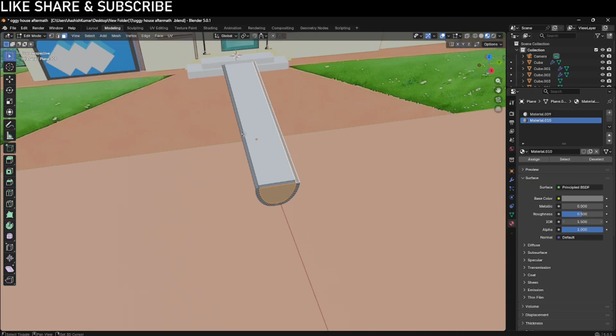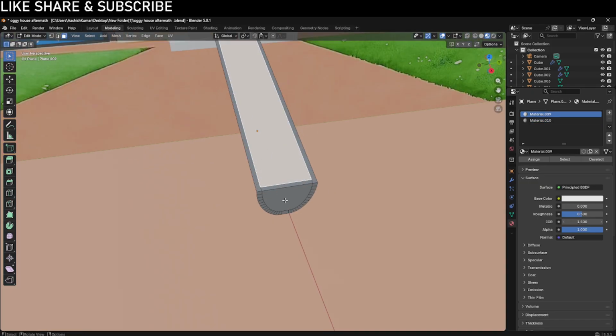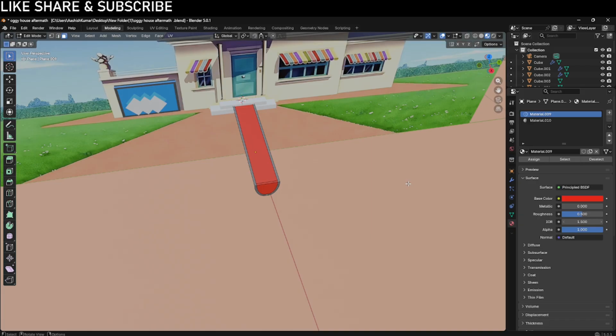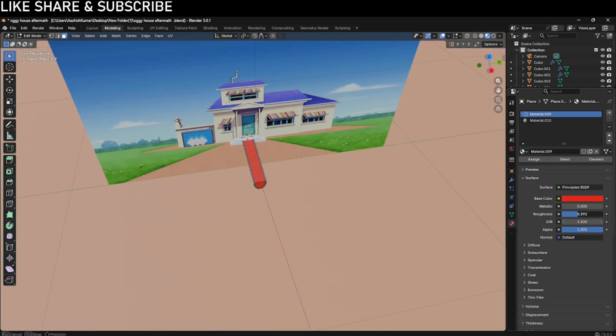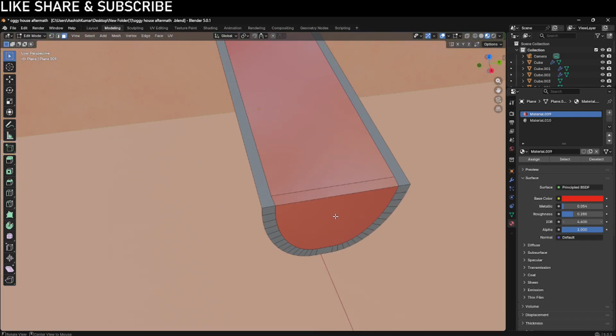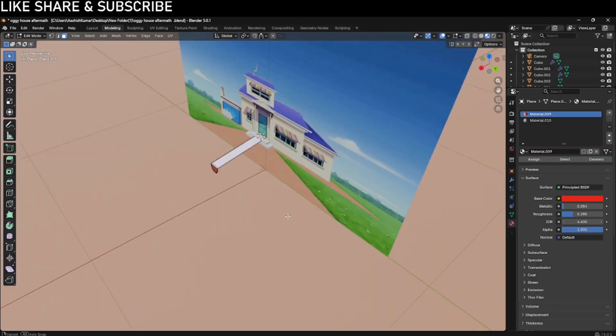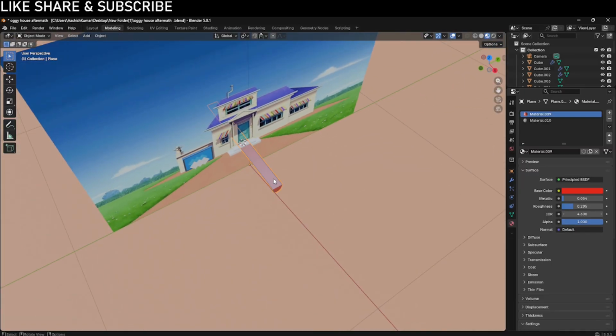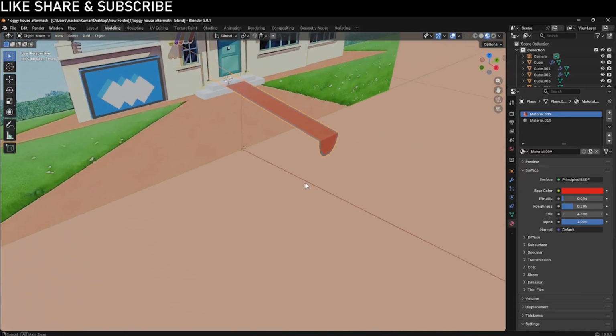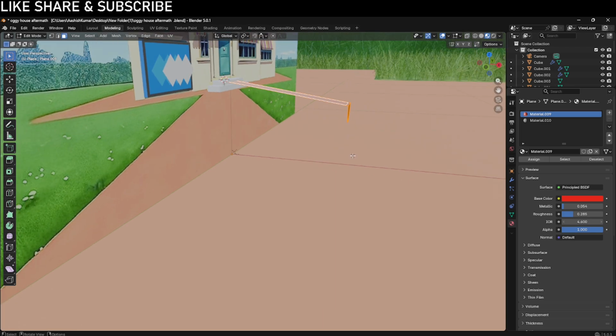Here I want color, here I want color. And so we will go and assign this. Then we will select red color. We will decrease roughness and increase metallic. Now this is the thing we will create. Now if we want to make this a little bit more realistic,